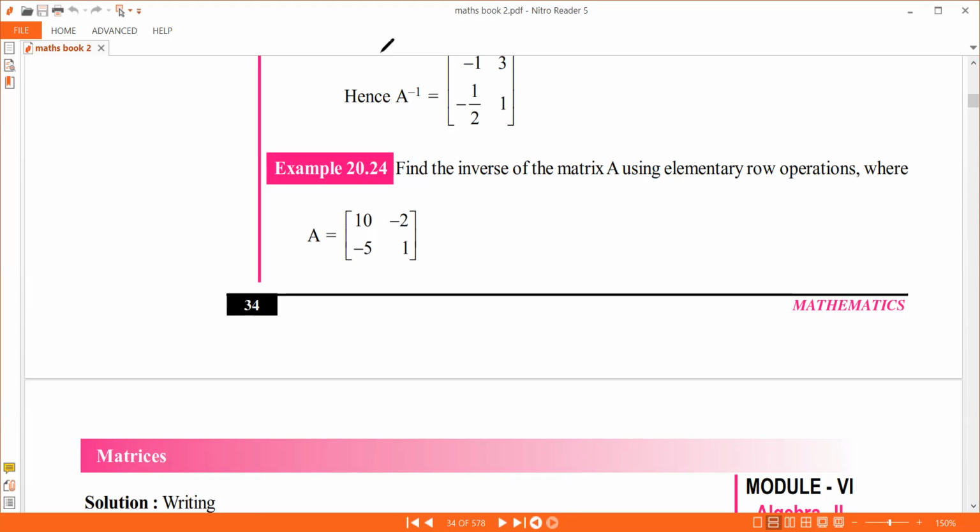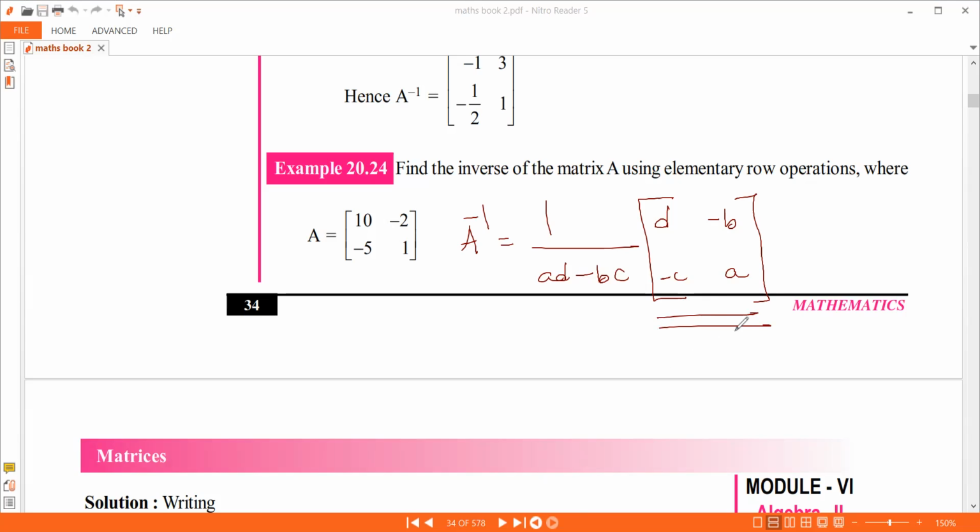First use a formula and get the things done first. So this is how to solve the A inverse. Now you can do the same procedure, AD minus BC. Just exchange the terms, D, A, minus B, minus C. And later, why this D, A, minus B, minus C? They are called cofactors, and this matrix is called the adjoint matrix. Those things will come later. Later we will understand.